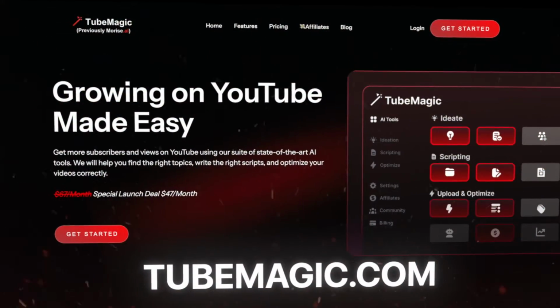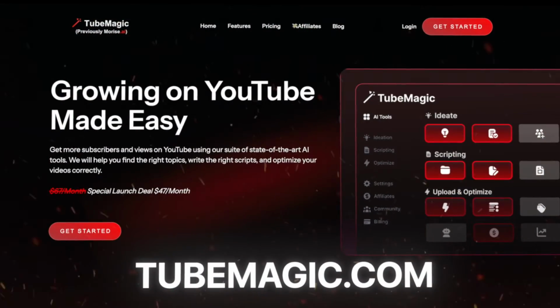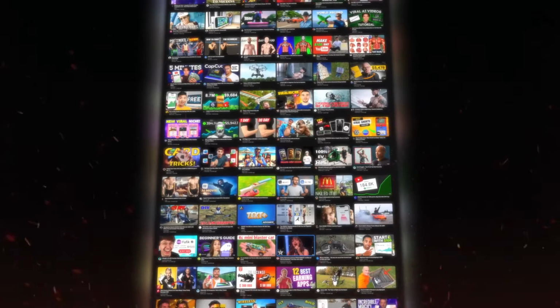So getting right into it, TubeMagic is a software that released a couple months ago, and its main purpose is that it's a tool that studies the most viral videos on YouTube with 10, 20, 30 million views, and using AI, it creates a type of model so it can recreate these viral videos. So it can make viral engaging scripts for audience retention, viral keywords and optimization, a model that's based completely around it, as well as viral video ideas based on already winning channels.